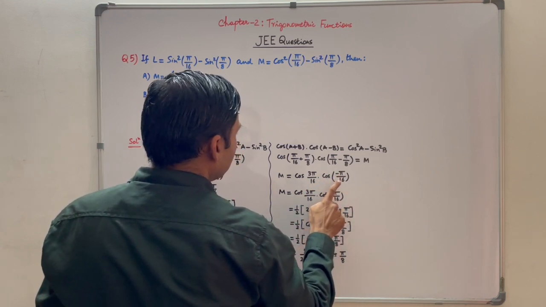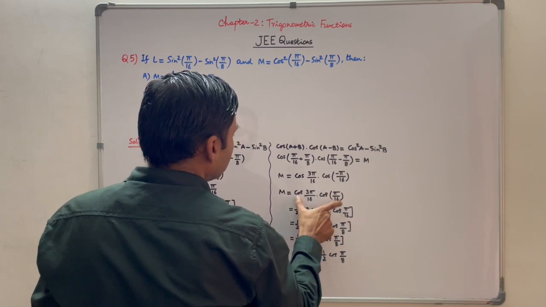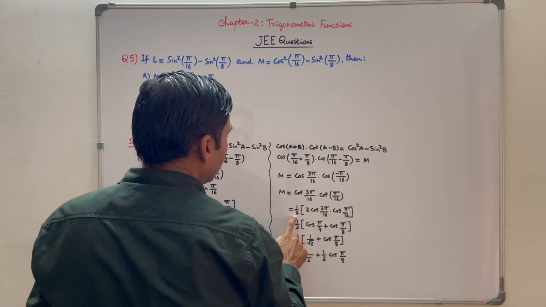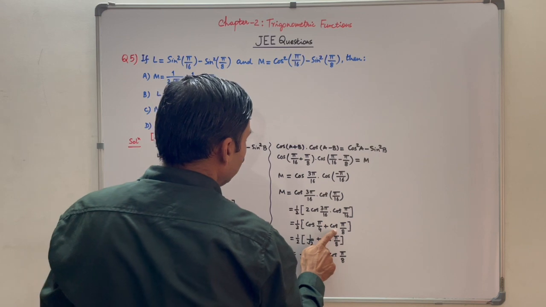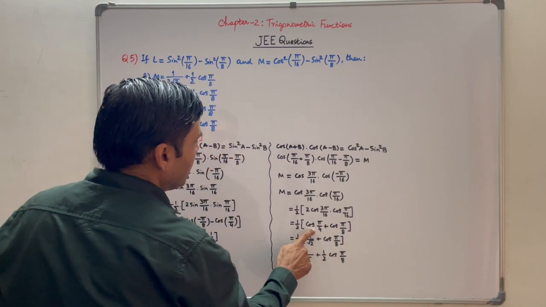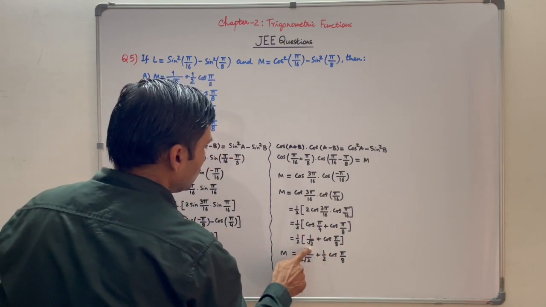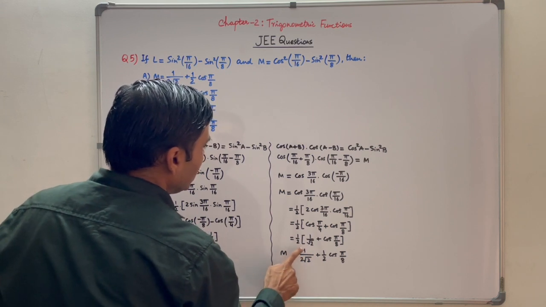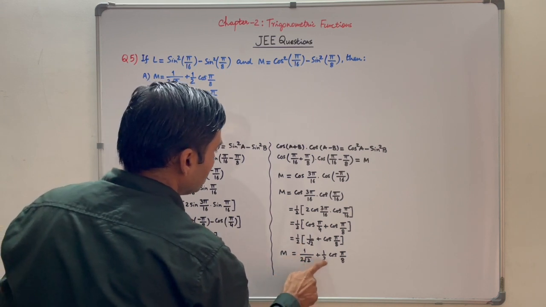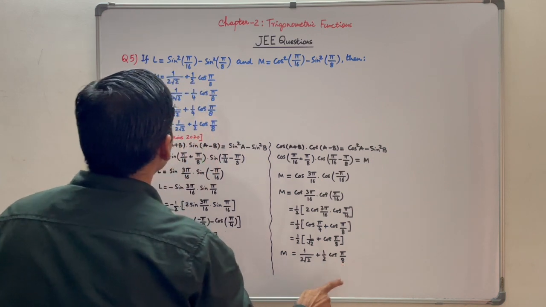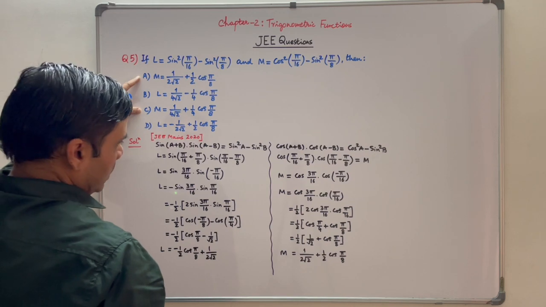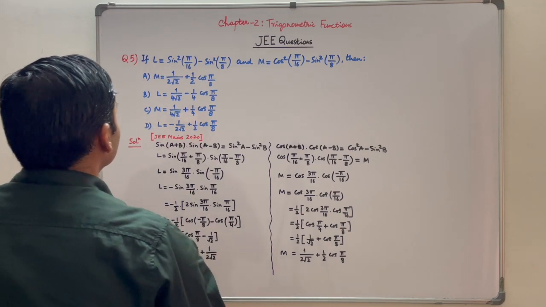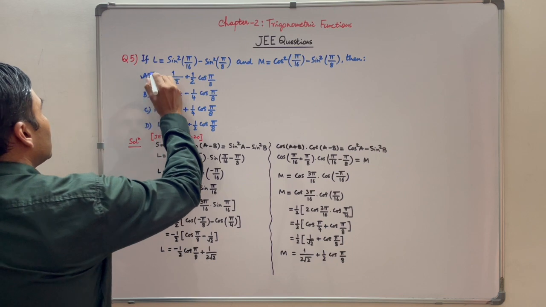Cos of minus theta is equal to cos theta. Now this can be written as 2 cos A cos B by multiplying by 2 and dividing by 2. And 2 cos A cos B is equal to cos(A plus B) plus cos(A minus B). Value of cos pi by 4 is equal to 1 by root 2. So M comes out to be equal to 1 by 2 root 2 plus 1 by 2 cos pi by 8. Let us try to match with option A or option C. It matches with option A. So A is the correct option.